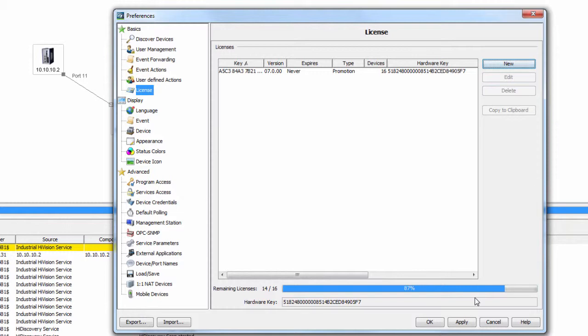And you'll notice that the license key for version 7.0.00, currently installed as the 03, is in place. This is for 16 nodes. You'll see this down here at the bottom. So there are two licenses that are currently in use. One is for my laptop, the other one is for the switch. So these are 2 nodes of the 16, and this software never expires. So from here, you simply click on OK,